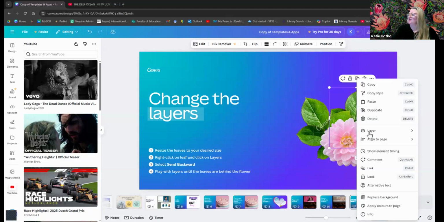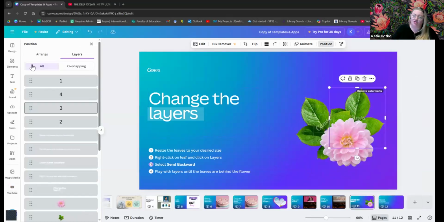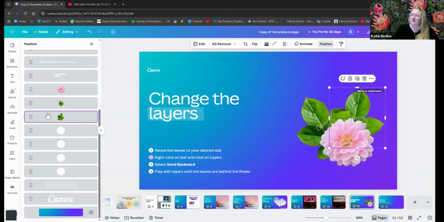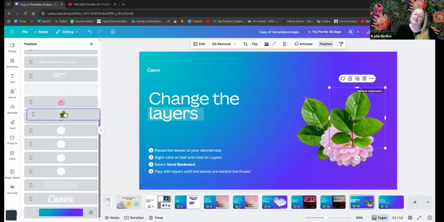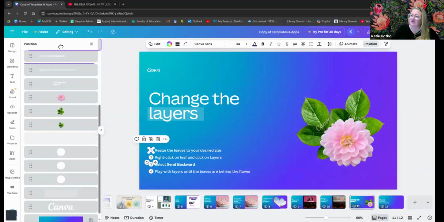The other thing that you can do is open up the layers on your page, which has all of the different layers of this entire page. And you can drag and drop the orders this way. Sometimes that's helpful if you're in quite a complicated situation. So you'll see with this one that the circle is behind, it might be a bit small to see, but that white circle is behind the number 1. If I have changed the order here,